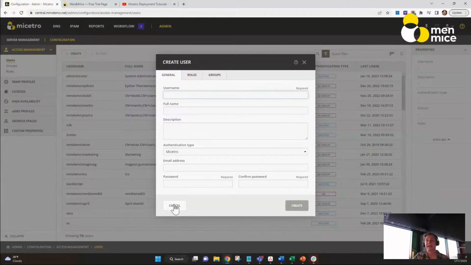Now, the other thing I get asked about all the time is, okay, that's great that you can do granular access to DHCP scopes, granular access to DNS zones, but can we get a little more fine grained in our granularity? Now, the problem with this is that